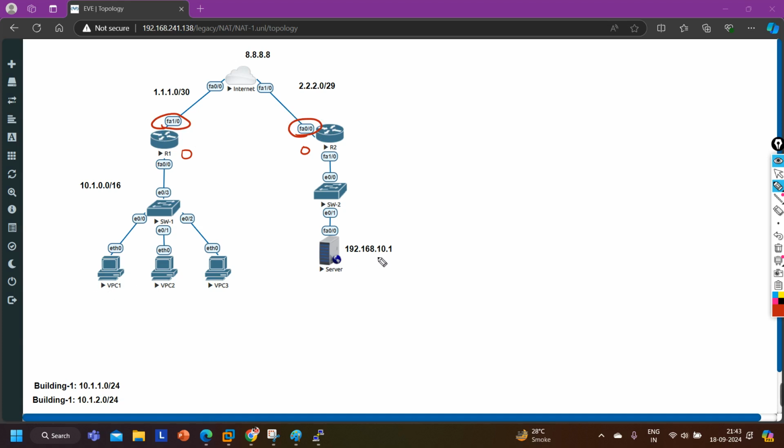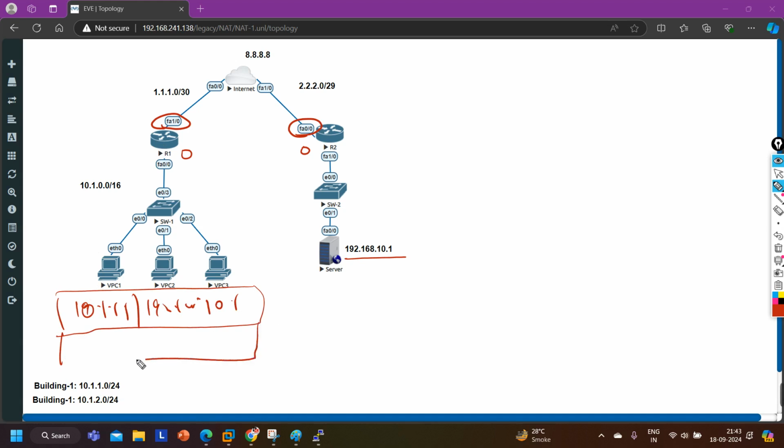Whenever PC1 generates traffic, let's say source 10.1.1.1, destination 192.168.10.1, what if router 1 adds one extra header with this actual information, and in the extra header it puts this IP address as the source and this IP address as the destination: source 1.1.1.1 and destination 2.2.2.1.